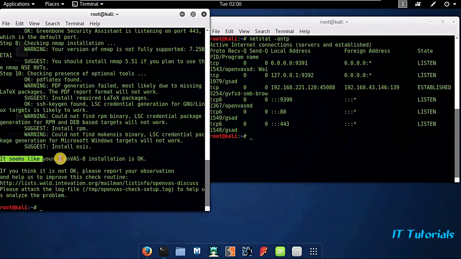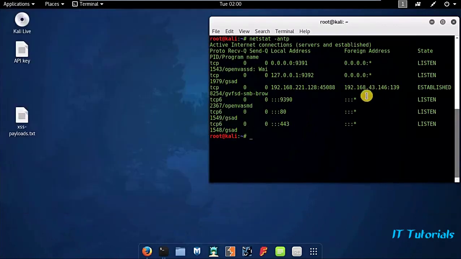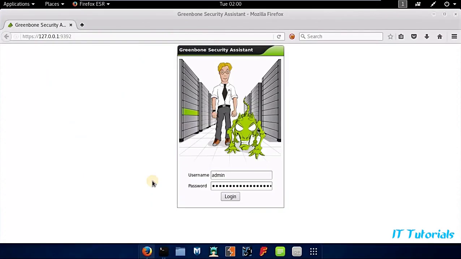So in this case it seems like your OpenVAS installation is okay and it is working fine. There are no mistakes in the configuration files. Now it's time to start your OpenVAS and point your browser to this IP address and port. It is the localhost IP address and port 9392, and at the time of installation you got